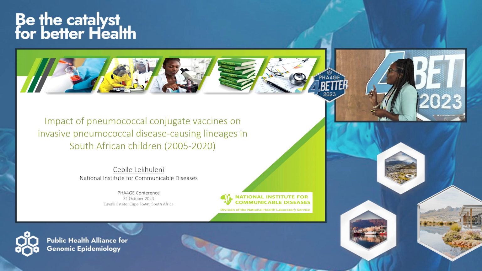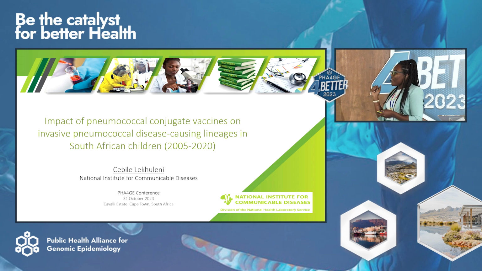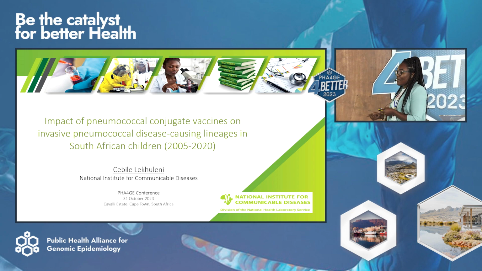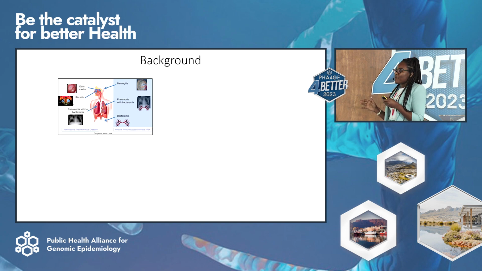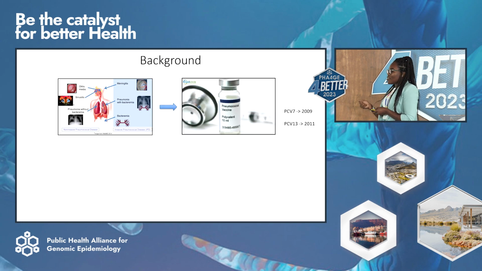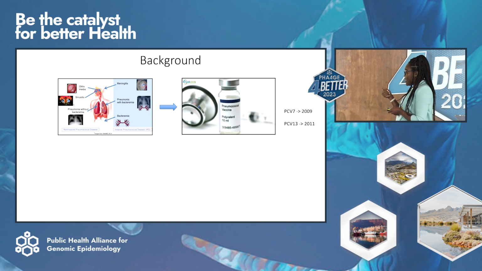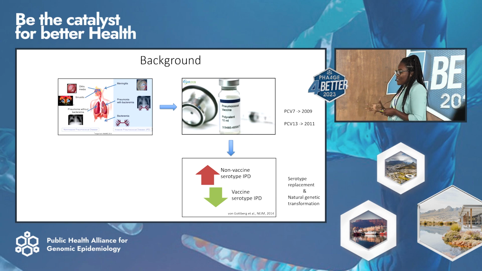I'll be touching on the impact of pneumococcal conjugate vaccines on invasive pneumococcal disease-causing lineages in South African children. Just to give a brief background, Streptococcus pneumoniae causes both non-invasive and invasive pneumococcal disease, including meningitis and bacteremia. After the introduction of pneumococcal conjugate vaccines 7 and 13 in 2009 and 2011 respectively, we saw a drastic reduction in invasive pneumococcal disease that was caused by the serotypes targeted by these vaccines. Subsequent to this, we saw an increase in the prevalence of non-invasive,